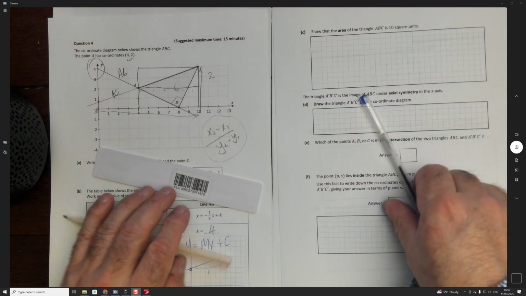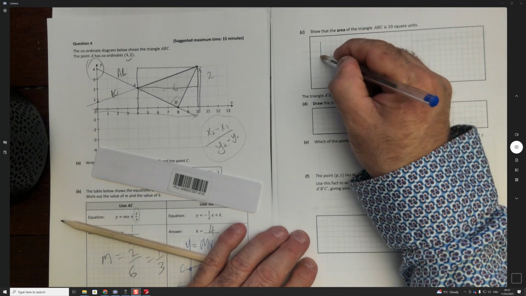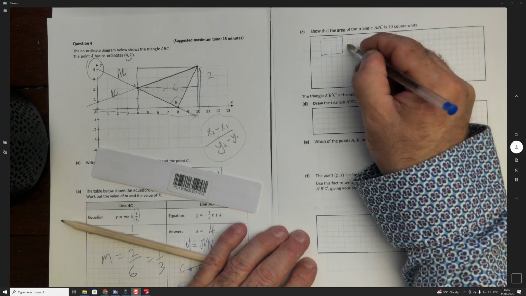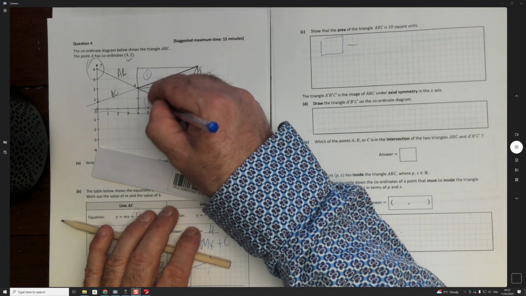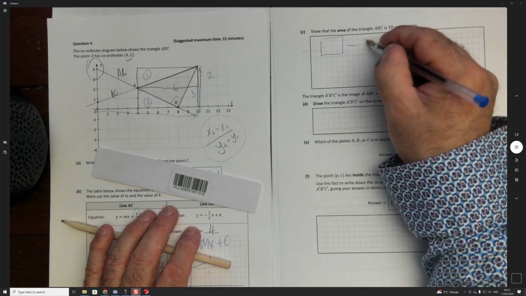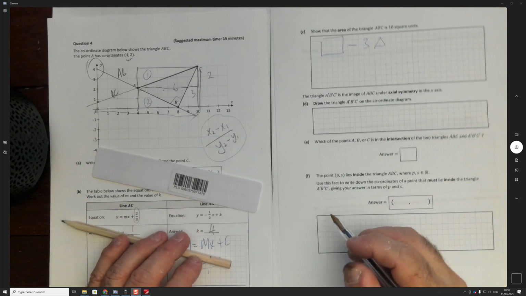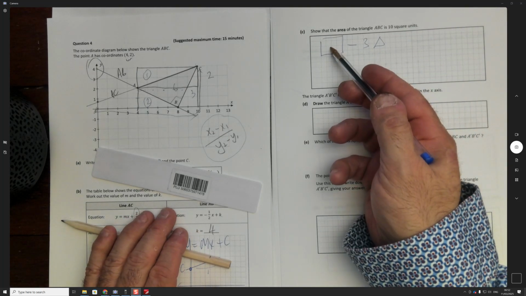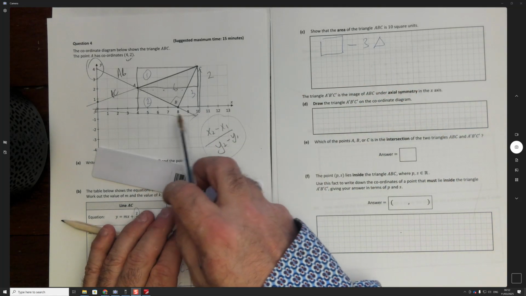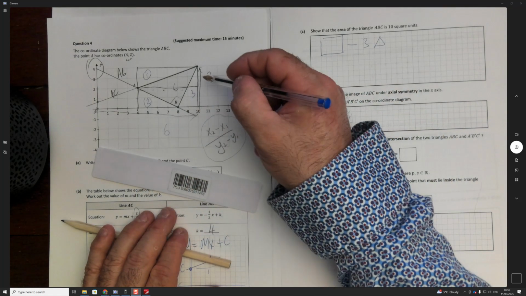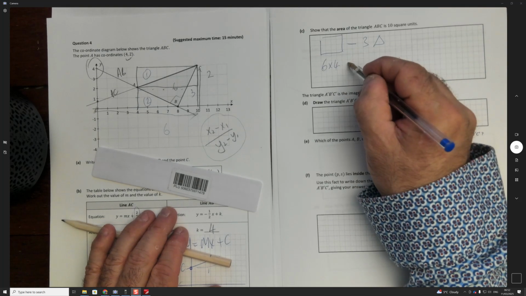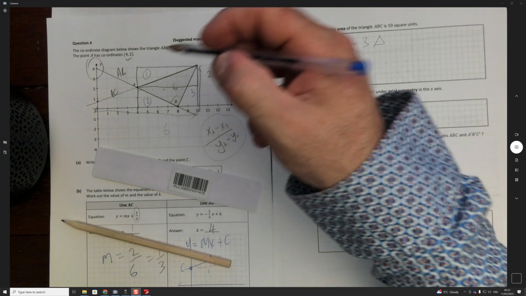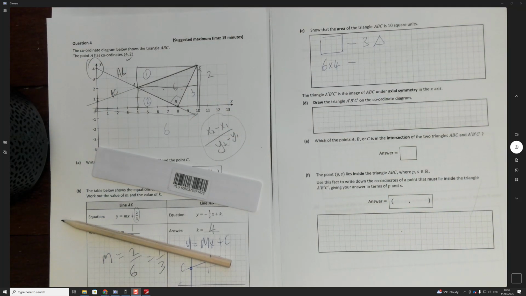Okay, and then just go with the area equals the rectangle minus 3 triangles, 1, 2, 3, minus 3 triangles. Okay, so what is the area of the rectangle? Well, it's got a length of 6 and a height of 4, so 6 by 4. Now minus the triangles, recall,